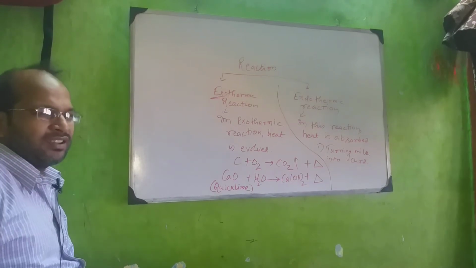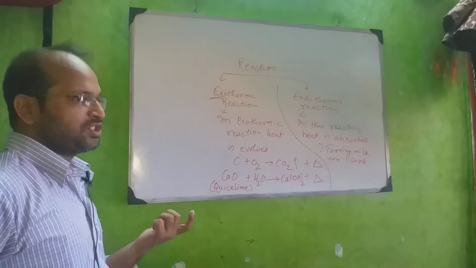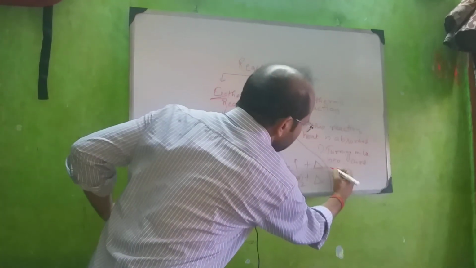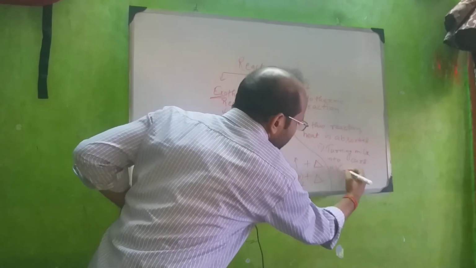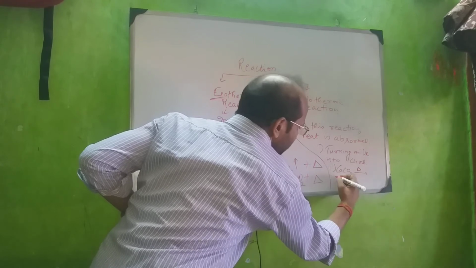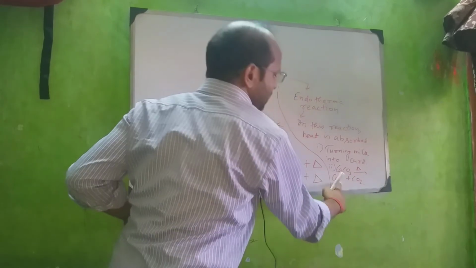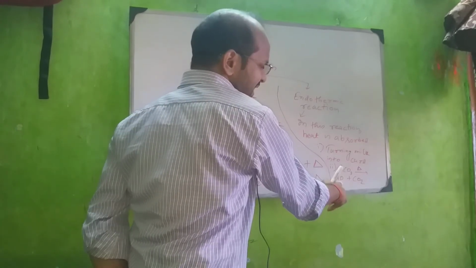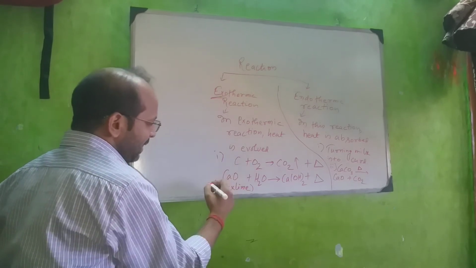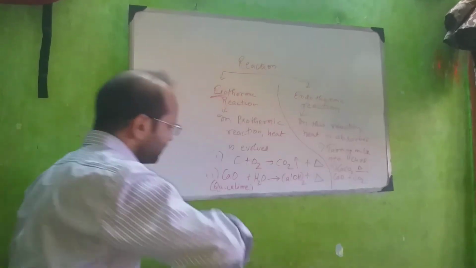Apart from that, there is a certain type of reaction called decomposition reaction. What happens in decomposition reaction? A compound gets decomposed. So this one is the first and this one is the second example. If you heat calcium carbonate, it will be decomposed into calcium oxide and carbon dioxide. What is this calcium oxide? It has another name, quicklime, which I have already shown you over there. So here I have given two examples. In school mostly they ask two examples, that's why I am showing you two examples.